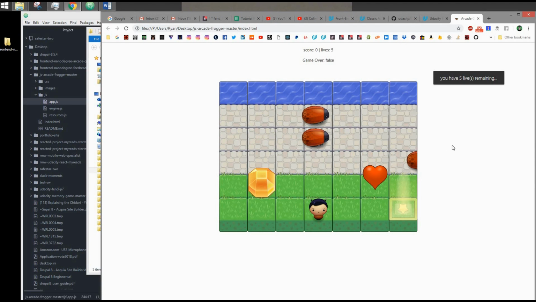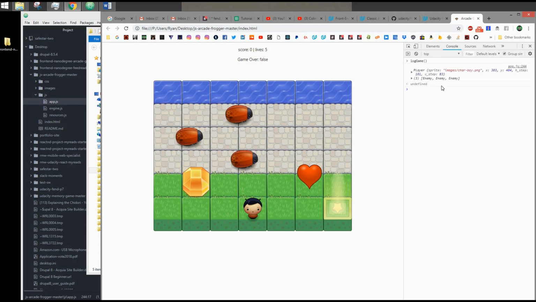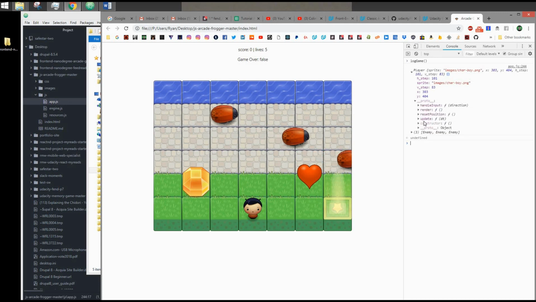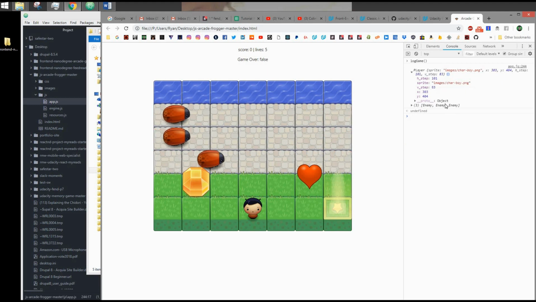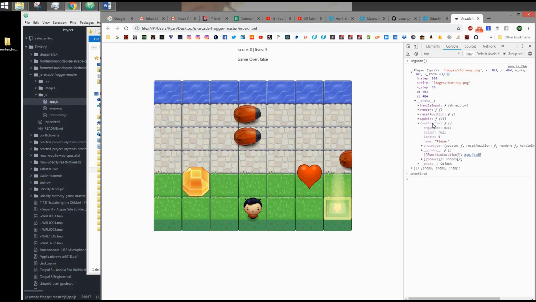Alright, now let's try it again. So come to console, do log game. I call it, we get player and we get enemies. And we can see inside the prototype the constructor for this object player. You can see that it's being called by